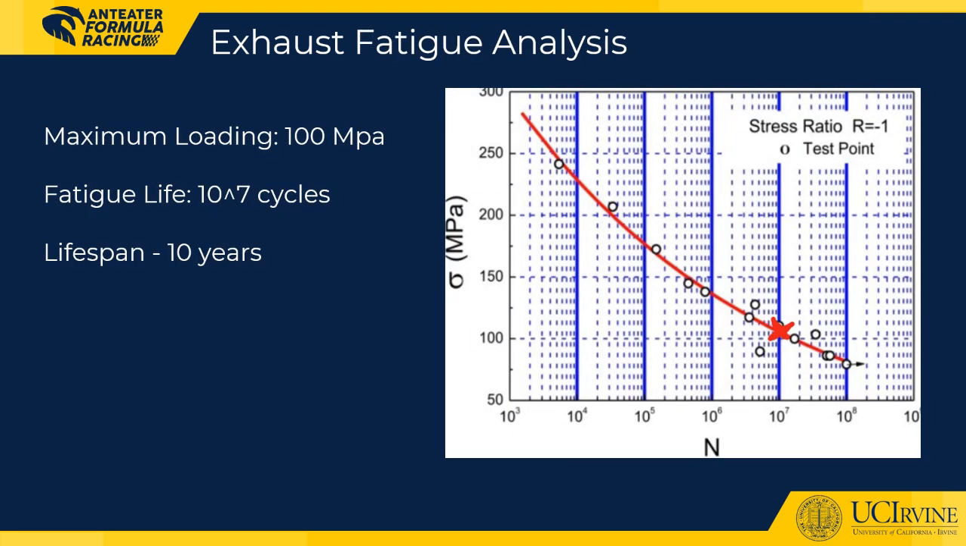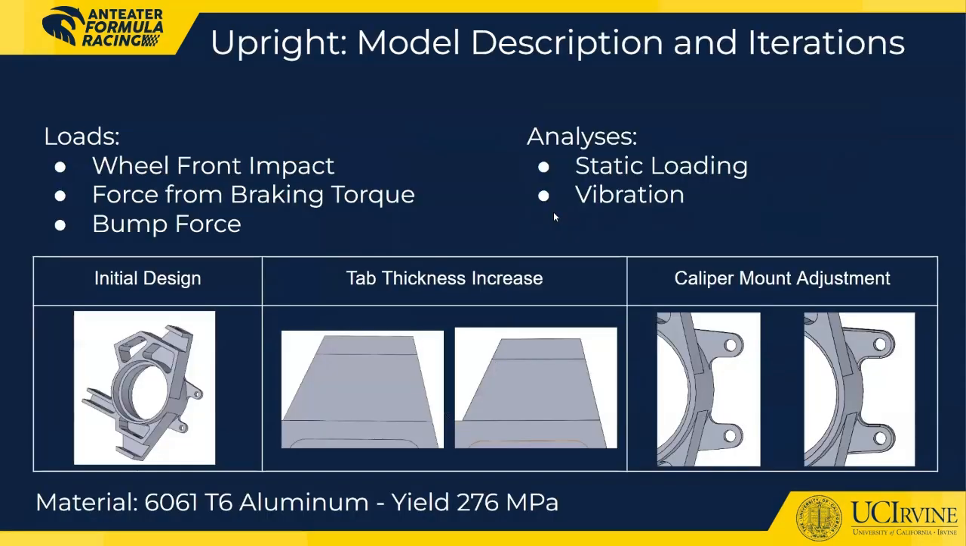A fatigue analysis was performed using the worst-case stress of 100 megapascals. For this scenario, the exhaust can withstand up to 10^7 loading cycles, which is sufficient for a 10-year lifespan for a car. I'm Matthew, and I analyzed the front upright of the vehicle,